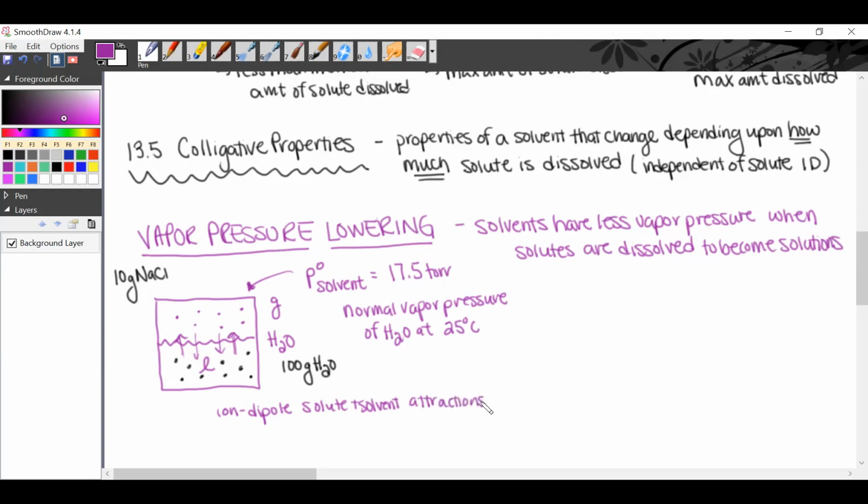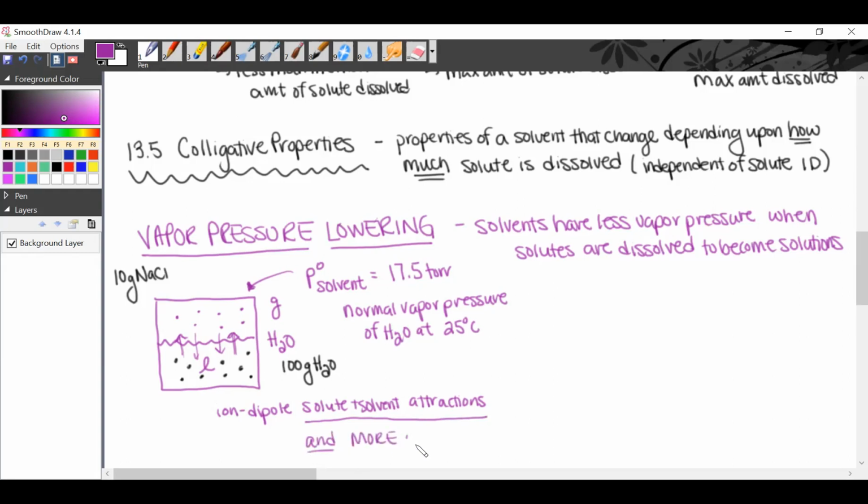It used to be that the water molecules were just attracted to each other, and that sort of prevented them from becoming a gas. So you had pretty low vapor pressure. But now, in addition to the hydrogen bonds between the water molecules, the water molecules are also attracted to the ions of the salt, making it even less likely for the liquid to become a gas, right? So you have these new solute-solvent attractions and